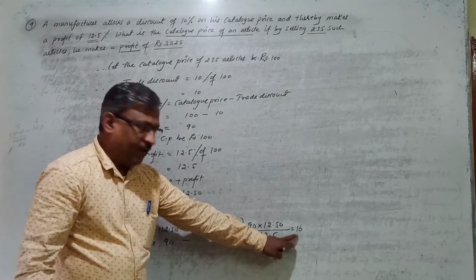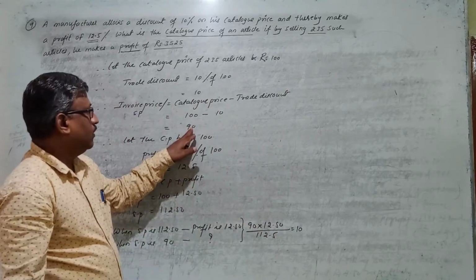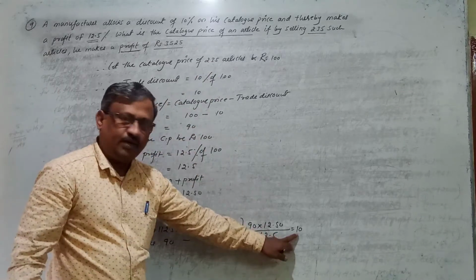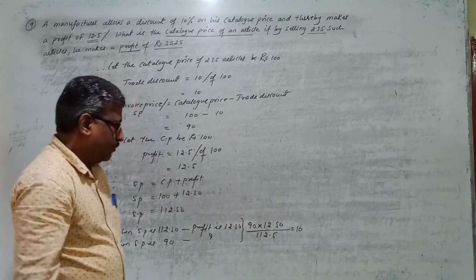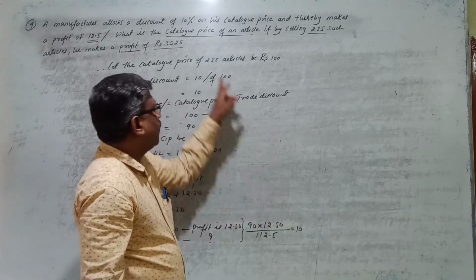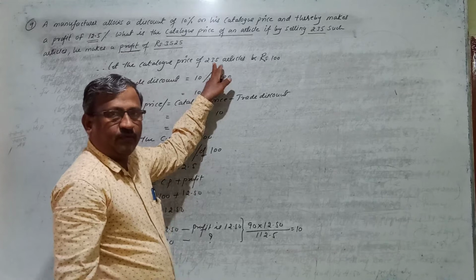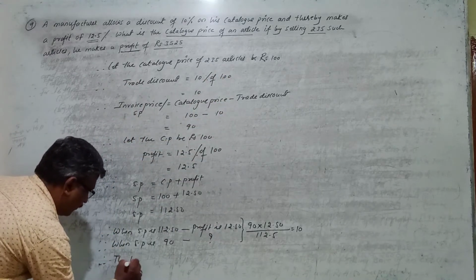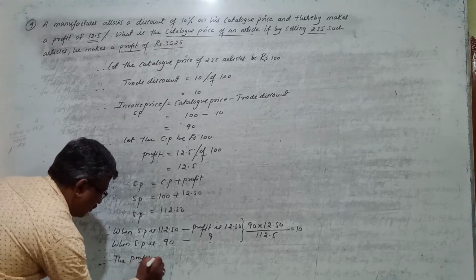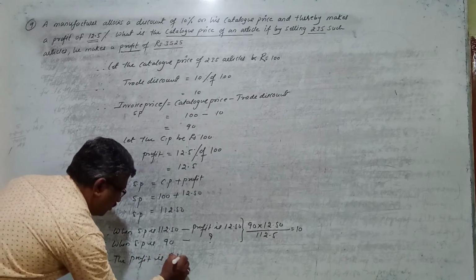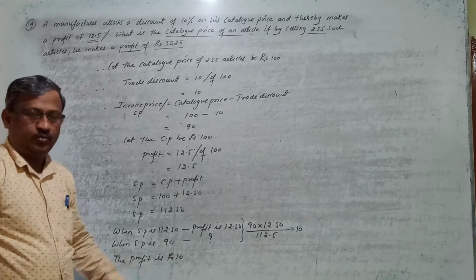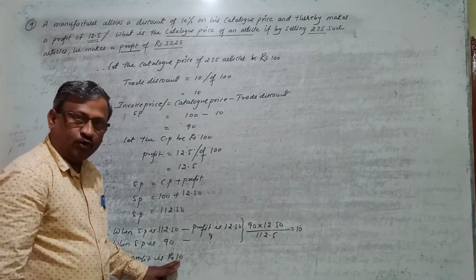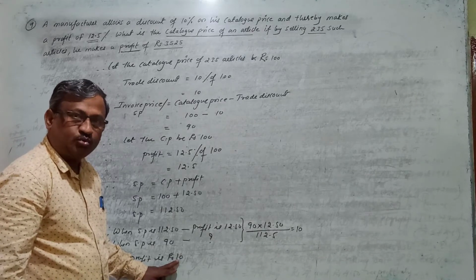How much profit you will get? 10 rupees. Means when you sell all 235 articles for 90 rupees, so how much profit you get? You get 10 rupees profit. Means this is the profit of how many articles? 235 articles. So here you write therefore the profit is rupees how much here? 10 rupees. Now when we get 10 rupees profit, means this is the profit of 235 articles